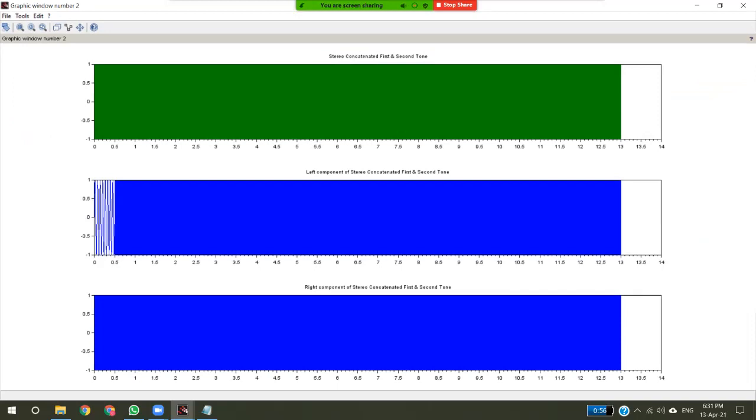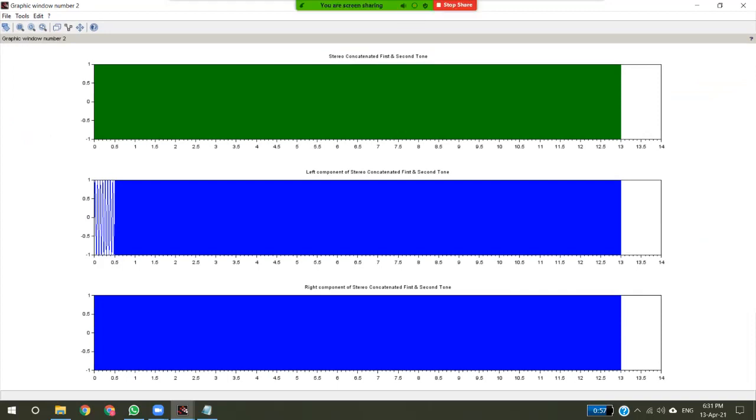The third thing we have done: as we have seen in the previous graph, the tones were played one after another. Here the two tones are played one on top of another, means two tones are placed on each other. As you can see, both the tones are of 13 seconds, no change.